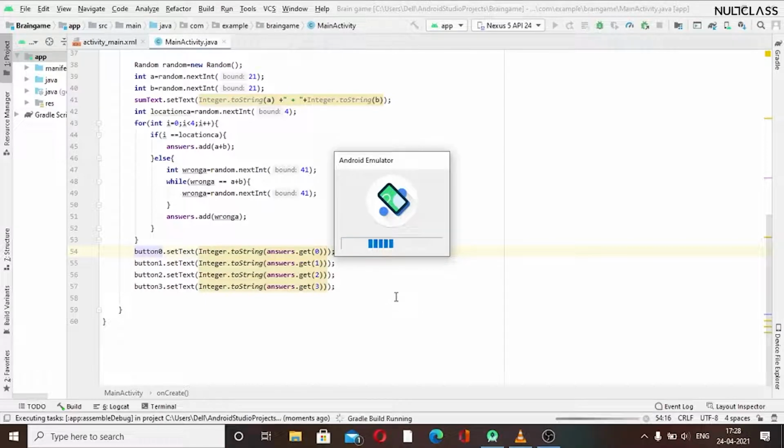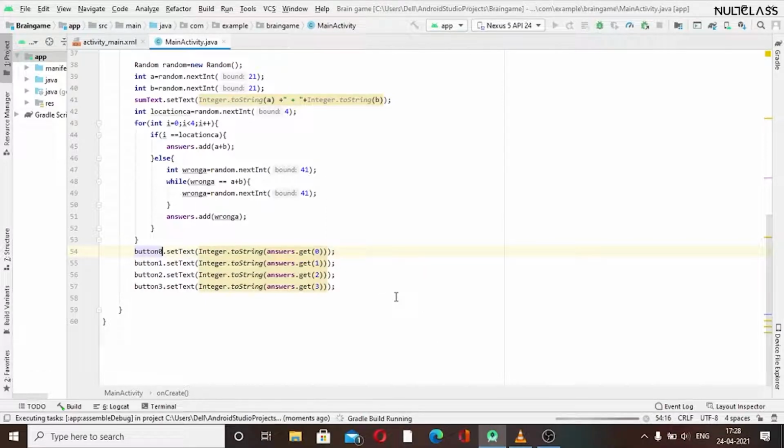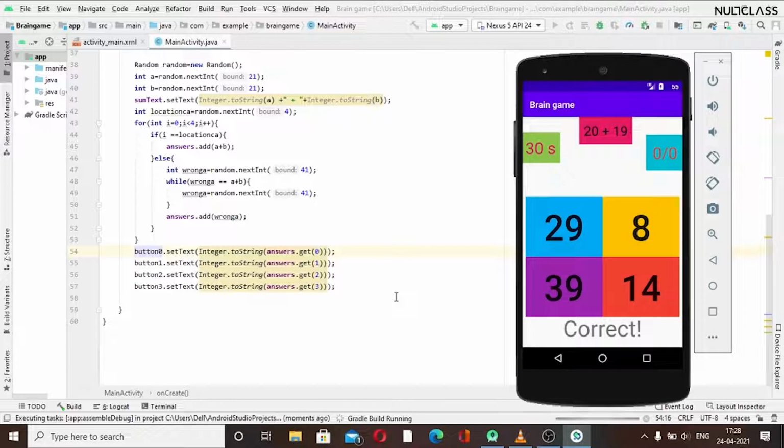So the next thing we want in this is to add our own click method for our buttons, so that we can select any answer. Okay, so let us just check whether it is working or not. Like we can see that on adding this we are getting a correct answer at this position, and the app is also running, so we can see for the others whether it's working for the second time or not.